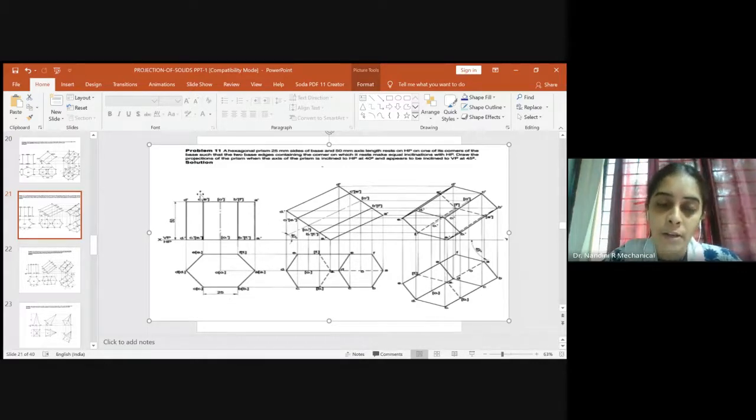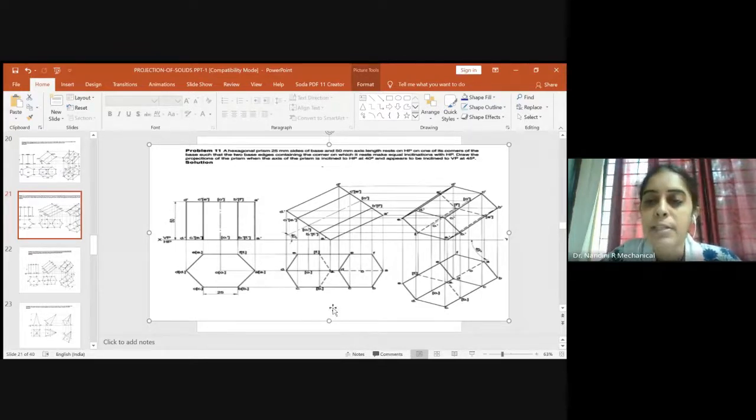When the axis is exactly perpendicular, both the top and the bottom surface will be parallel, so you cannot see two surfaces together. But when the axis is inclined to HP, then you can visualize both the top surface and a partial amount of the bottom surface along with its axis. So this is done, the second stage. Then come back to the last part of the question. What is being told?